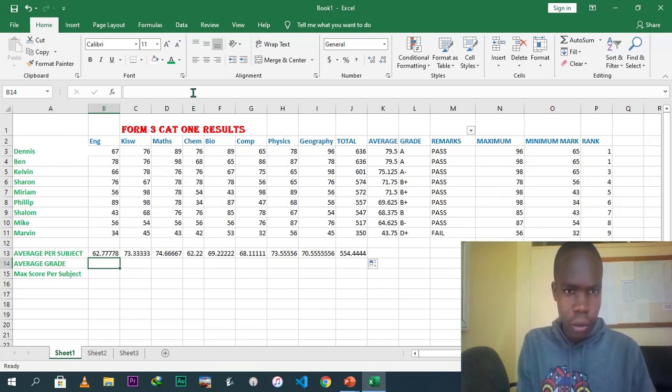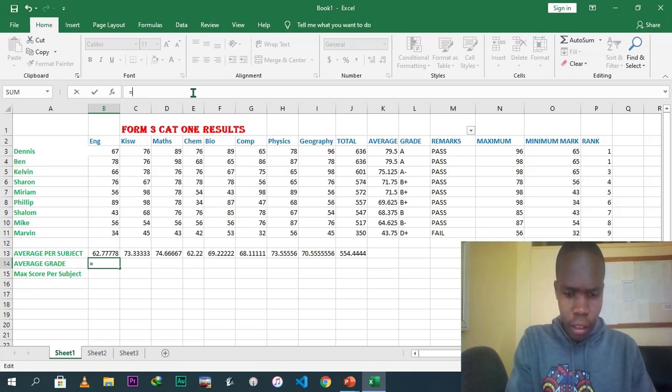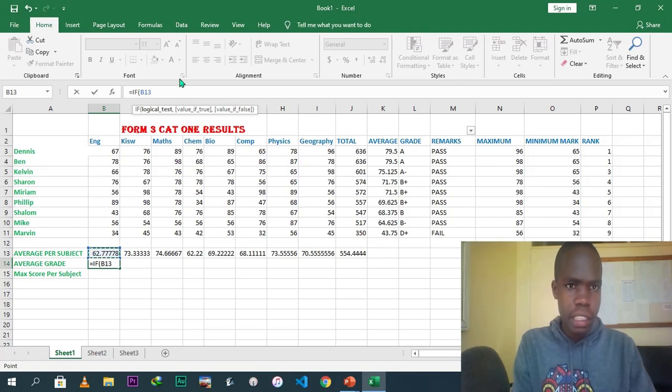We are using the if function, so it's equal to if this grade B13 is greater than 79, then the grade should be A, or else if B13 is greater than 75, then the grade should be A minus,